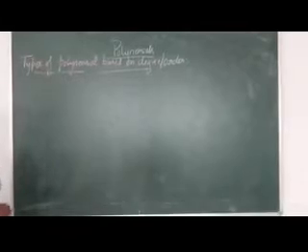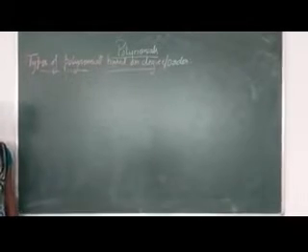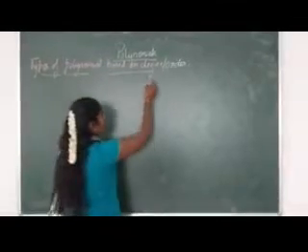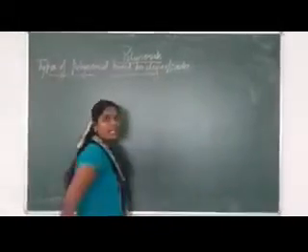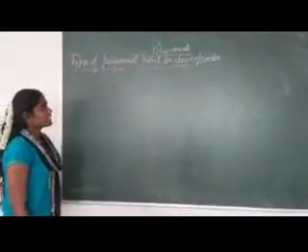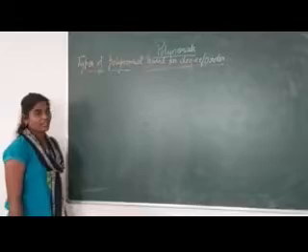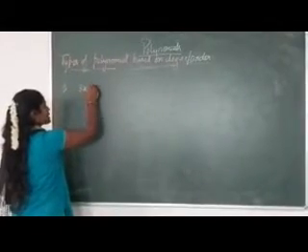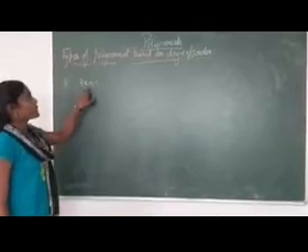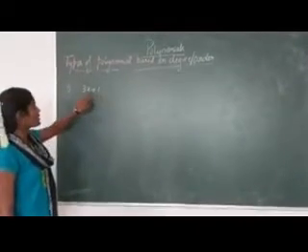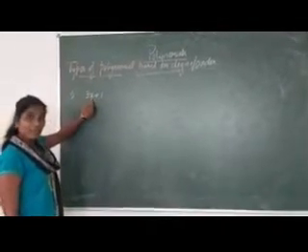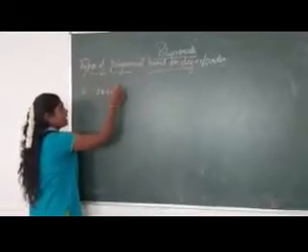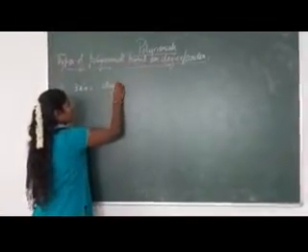Now we will see the types of a polynomial based on degree. Sometimes in the question paper, the degree can also be called order. So let us see. Let me consider an example with degree 1: 3x plus 1. This is a polynomial with degree 1, right? Because the highest power of the variable here is 1. Therefore, degree is equal to 1.